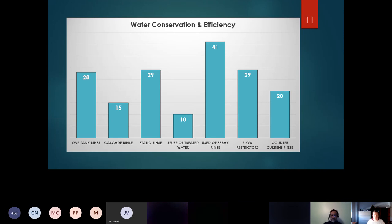And the data that I found, I took the entire inventory, 89 facilities, and then I came up with more or less what the entire inventory is doing in terms of water conservation. Remember, this is the first compartment of the checklist. And